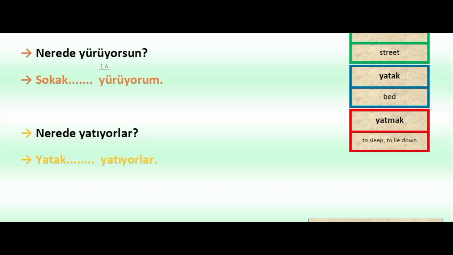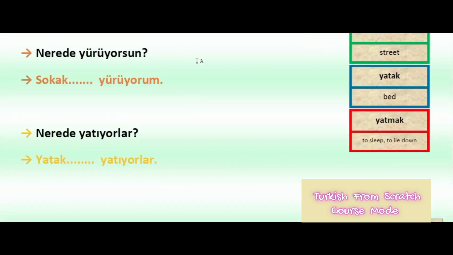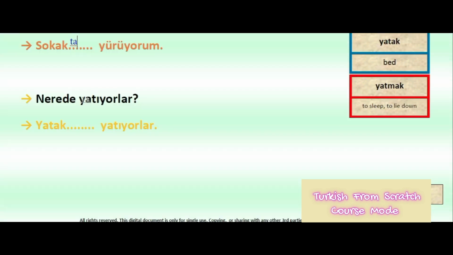Okay, "Nerede yürüyorsun?" Yürümek means to walk. Where are you walking? So in what place? In which place are you walking? It is asking. And this person says, "Sokakta yürüyorum." Sokak, we said, is street. So "sokakta yürüyorum." I'm walking in the street. I'm walking on the street. "Sokakta yürüyorum." "Nerede yatıyorlar?" Where are they